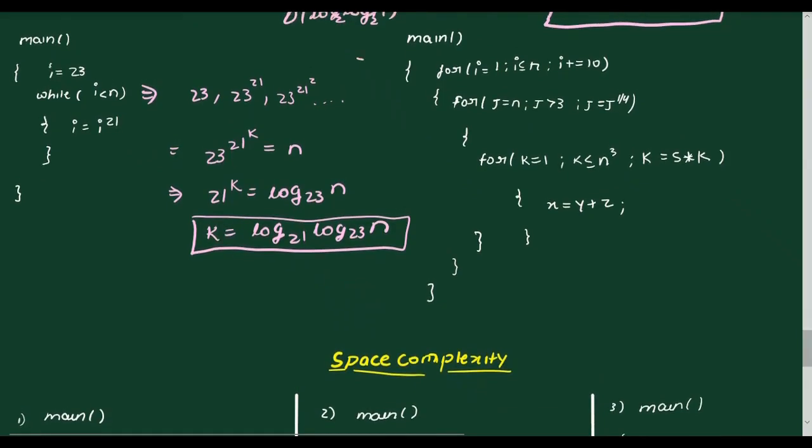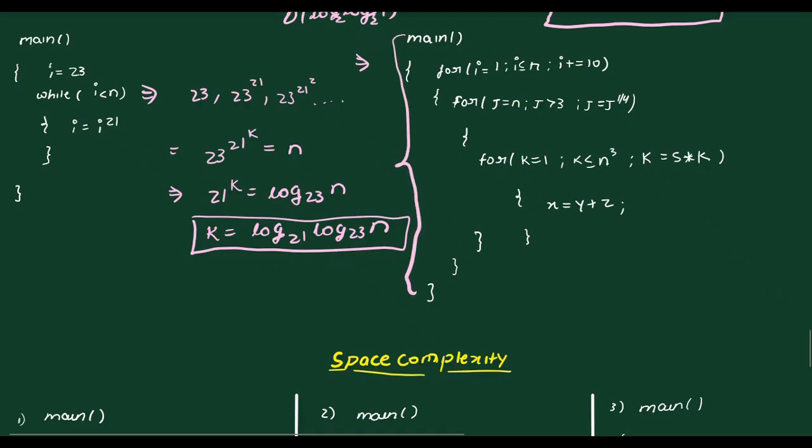Now let us see this problem. Till now we saw a lot of different types of problems. In this problem I have tried to mix one or two different kinds. If you analyze the first one, for i equals 1, i is less than n, i equals i plus 10. We saw in the first model, adding something to i won't change the complexity of i. So this is order of n, right?